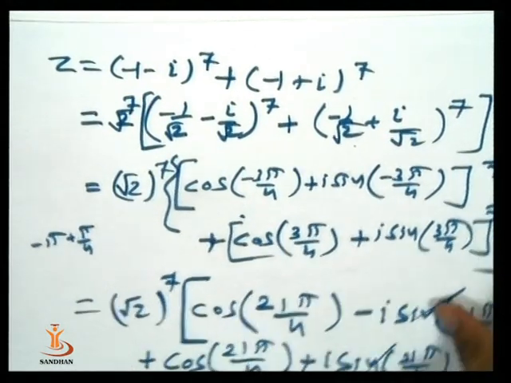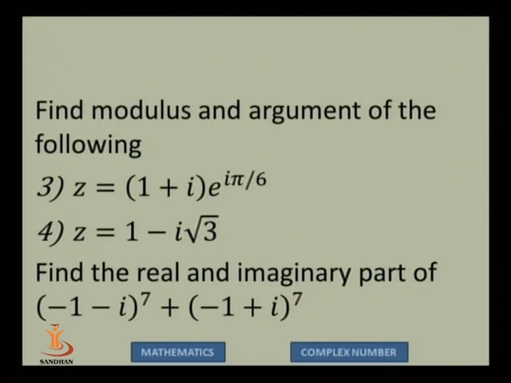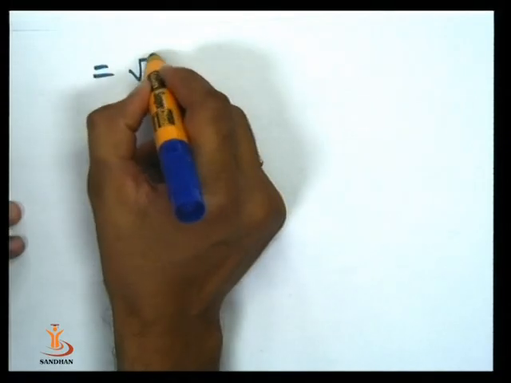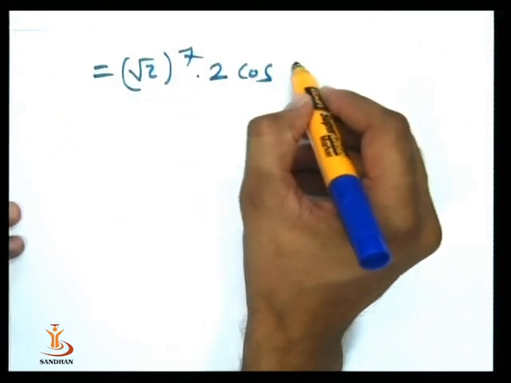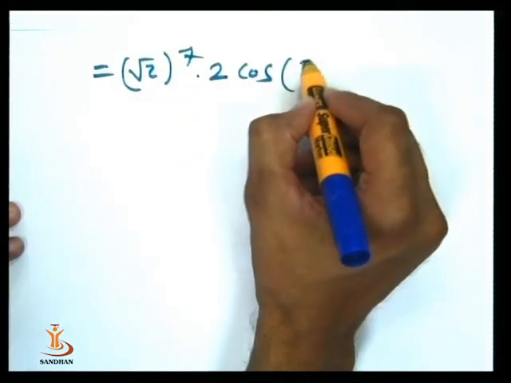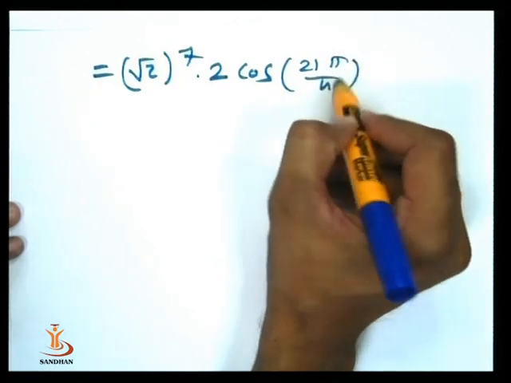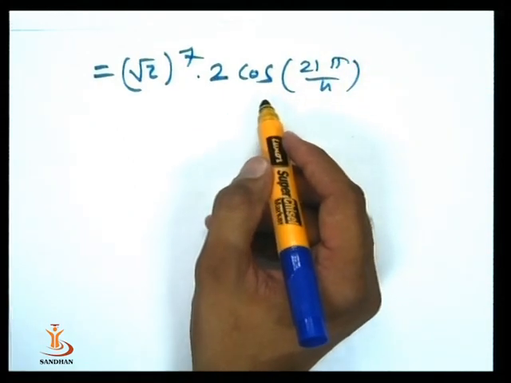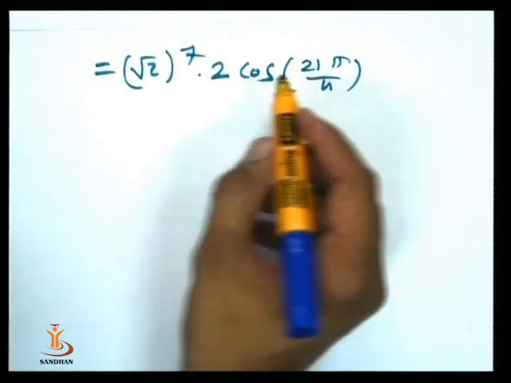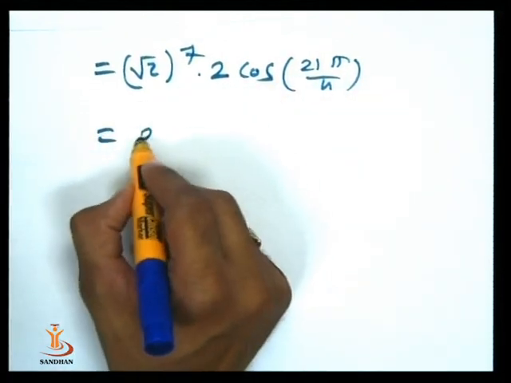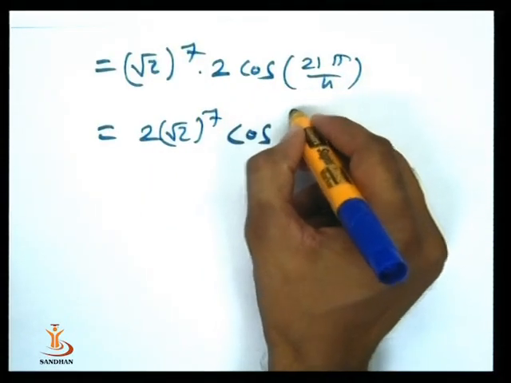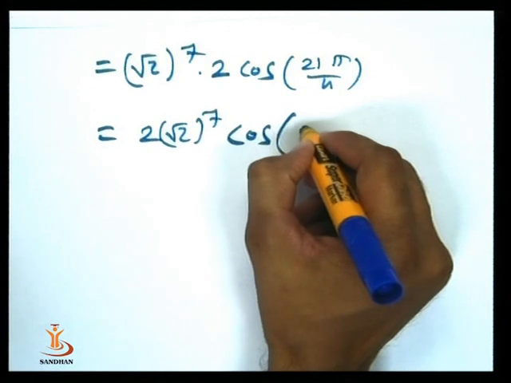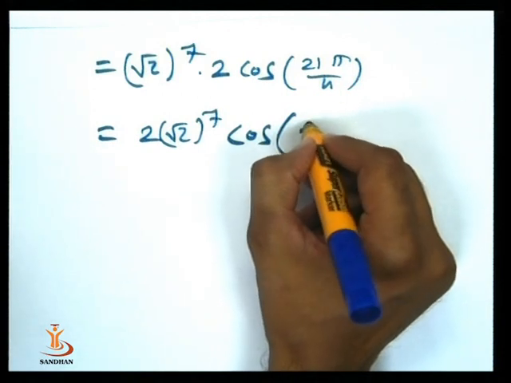So this is nothing but root 2 raised to 7 into 2 cos 21 pi upon 4. So this is exactly equal to 2 into root 2 raised to 7. This can be written like this, cos into 5 pi